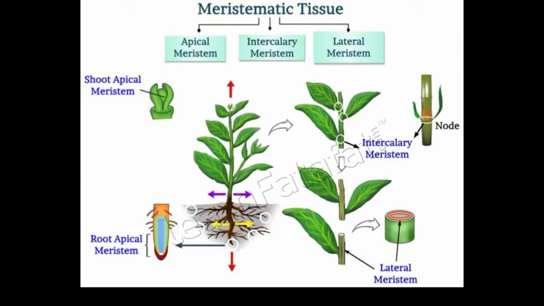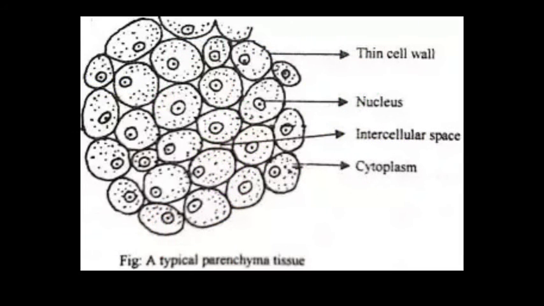So the second one is supporting tissue. These are supportive in function, and there are three types of supporting tissue: parenchyma, collenchyma, and sclerenchyma. This one is parenchyma, which is a supportive tissue in plants. It is the fundamental tissue. It evolved from bryophytes. It is spherical in structure. It is composed of cellulose and pectin.